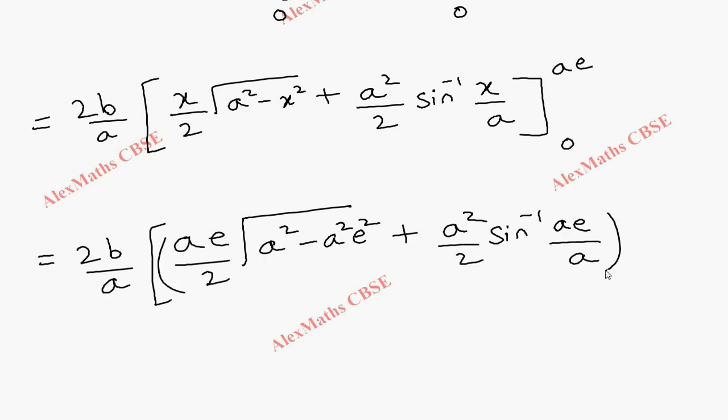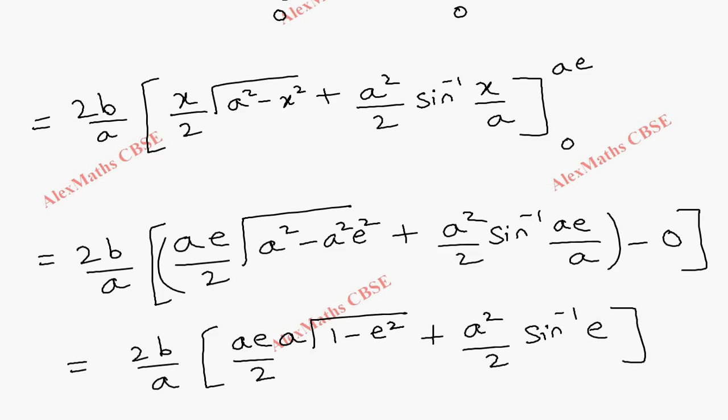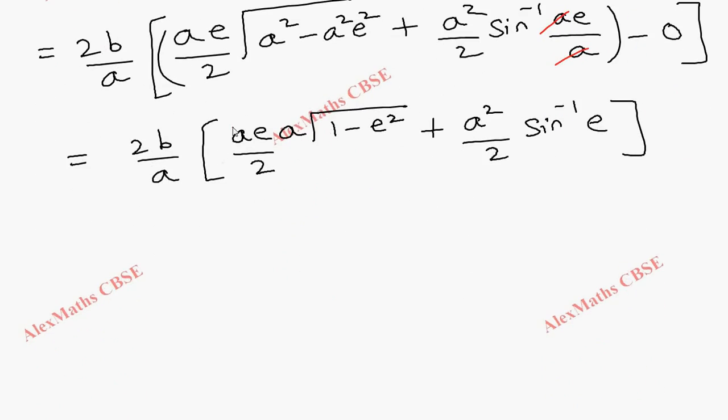Let's take a separate bracket minus, when I put 0, the lower limit, in place of x, everything is 0. So finally this is 2b by a bracket open ae by 2. When a square is taken outside, it will come outside as a, and inside the root we are left with 1 minus e square. Then the second term is a square by 2 sine inverse e. We can cancel this a and a. So finally we find a into a is a